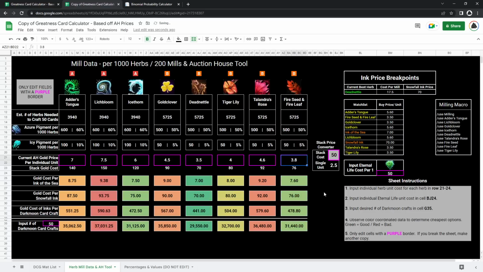Okay, great. Once you do all that, step number 2, input Eternal Life unit cost in this cell here, BJ24. So you'll want to go there, and let's say it's going for 60 gold each is what Eternal Life's going for at the time. Hopefully they're less than that. And then lastly, put in the desired number of Darkmoon crafts down here. So if we want to make 50 cards, this is telling us that